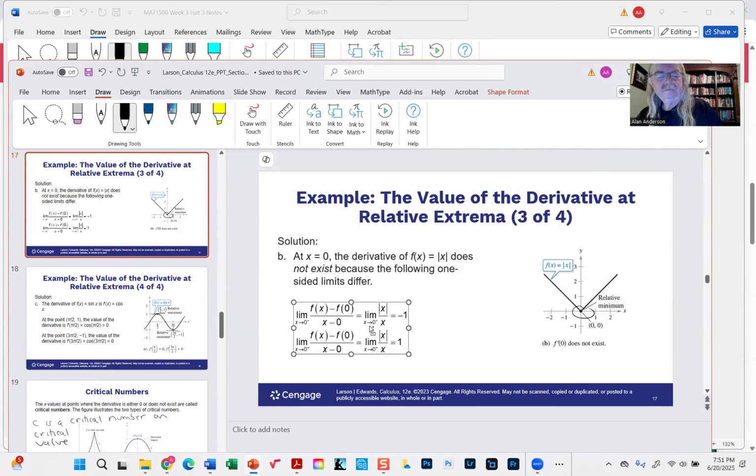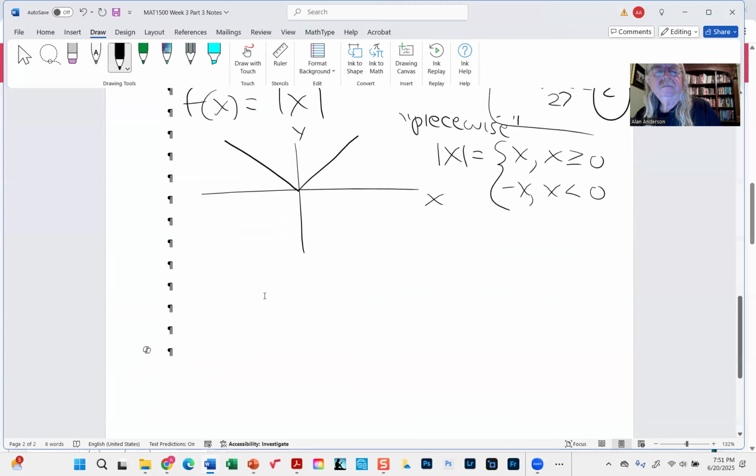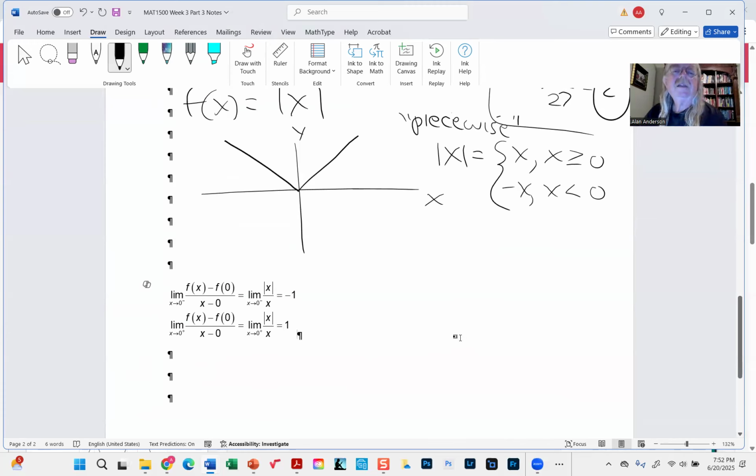Here it is. If you try to take the derivative with this formal definition, you'll notice that it reduces to absolute value of x over x. Okay. So in other words,